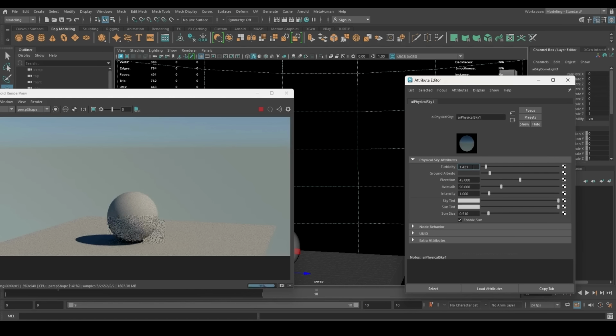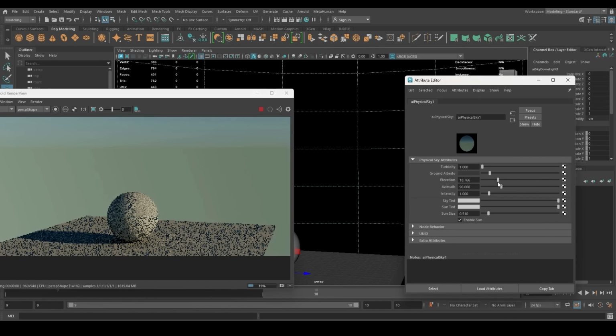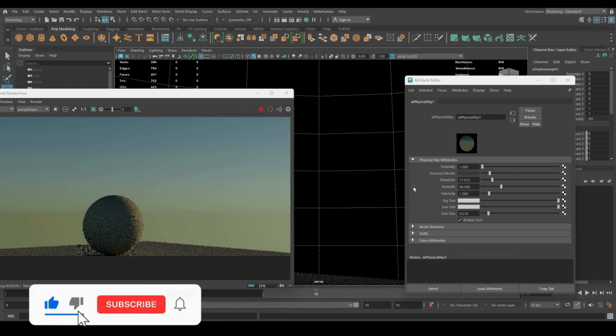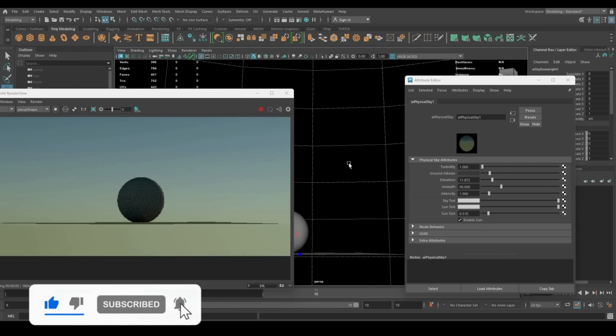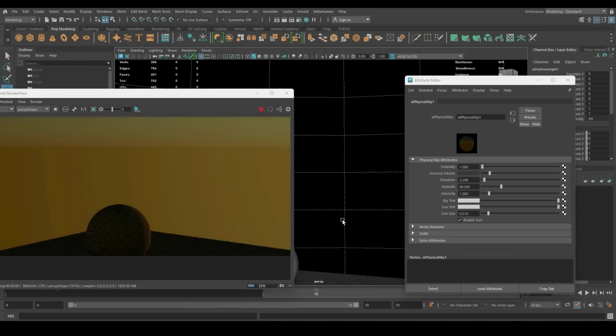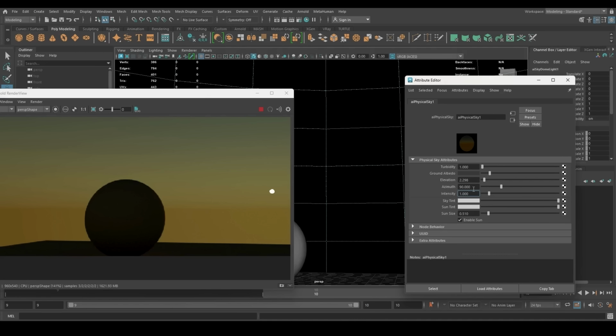Now let's say I'm going to play with some physical sky settings, with the turbidity and elevation. Elevation is just the direction. Now you can see I have just lowered the elevation. So now the shadow is very long, and the color of the sky is also changing. See how saturated it is. So this is just